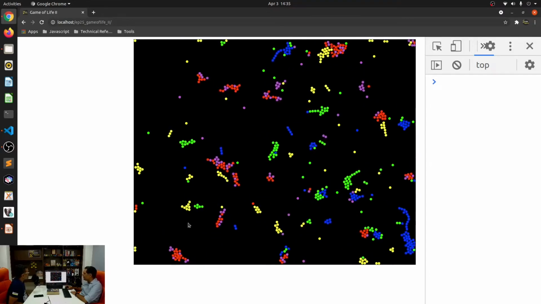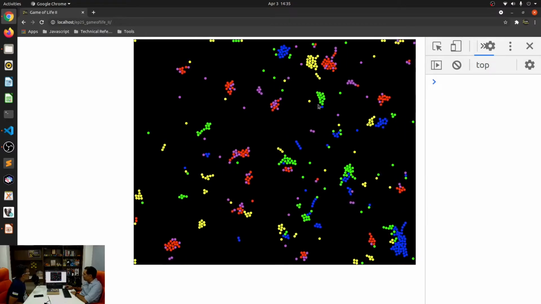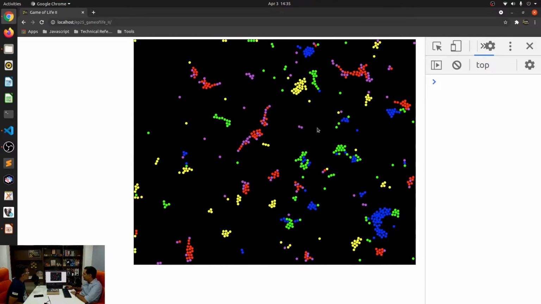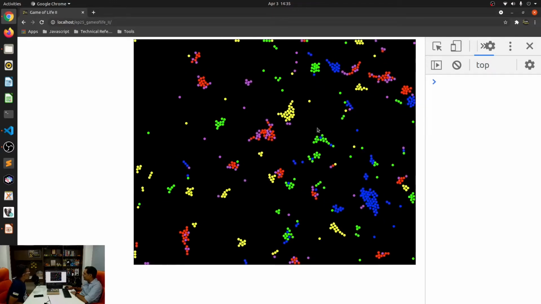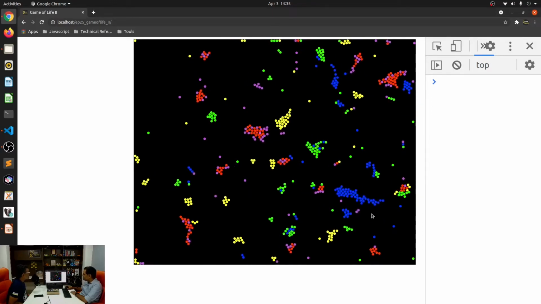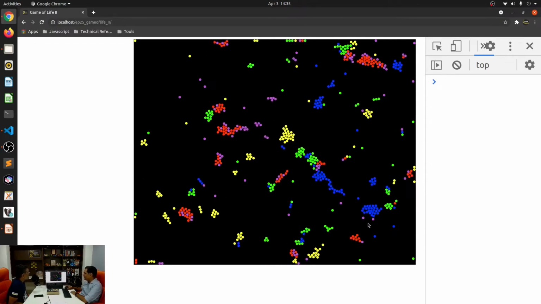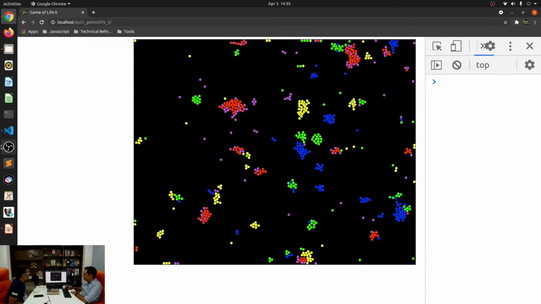They seem to be clumping with each other. Wow. Even the blues, see on the right, they're forming big chains over here. Very interesting. Yes, it is.